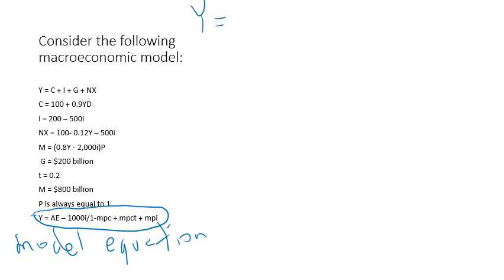Y is equal to autonomous consumption plus MPC times Y minus TY. Okay? What's Y minus TY? Well, that's disposable income plus